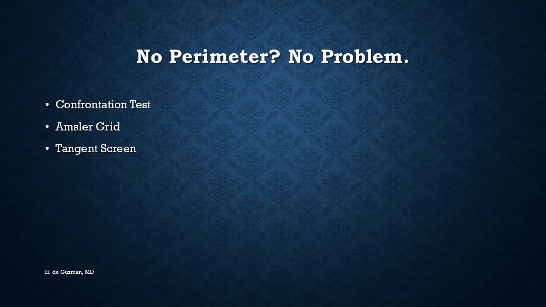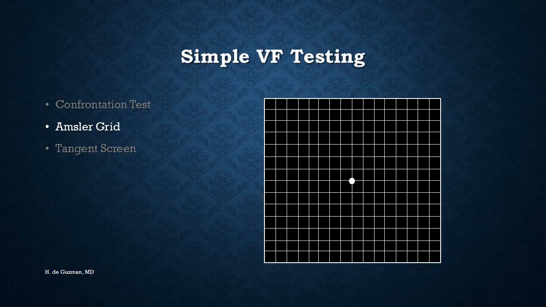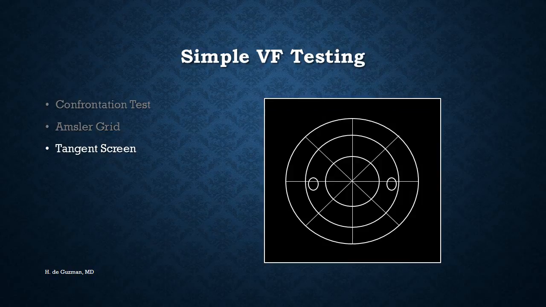If you are in a remote location and you need to measure the visual field and you don't have a perimeter, there are still methods that we can use to get a rough idea of the patient's visual field. A confrontation test is a very simple test we can do in the clinic. It's helpful to detect very large and dense defects. Amsler grid, on the other hand, is useful for testing central 10 degrees of vision. A tangent screen is a rather simple test that we can do, which would give us more specific results than a confrontation test. All we need is a black piece of cloth and a laser pointer.